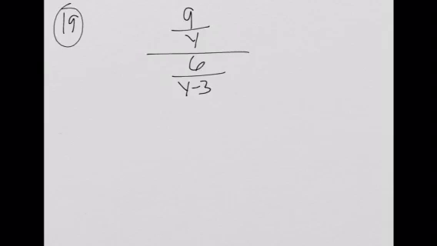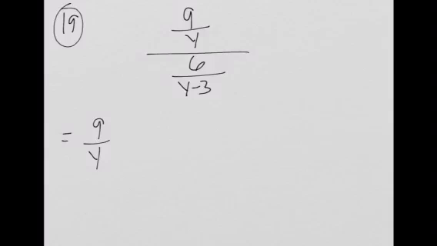Alright, number 19. Again, another complex fraction. This time I'm going to use keep, change, flip. Since I have one nice fraction on the top, one nice fraction on the bottom. Keep, change, flip says we're going to keep the top fraction the way it is. I'm going to turn that division into multiplication. Alright, so we're turning that division into multiplication, and then I'm flipping that bottom fraction, so that would be y